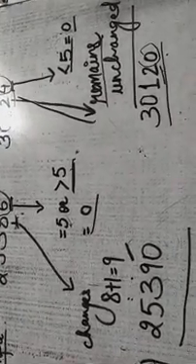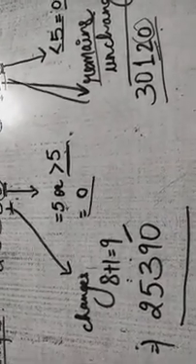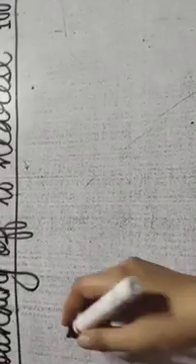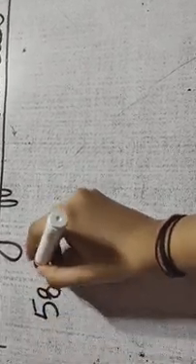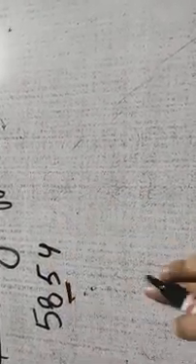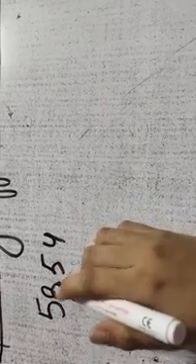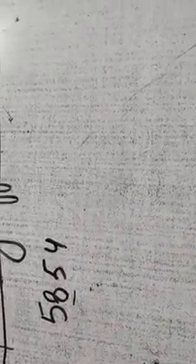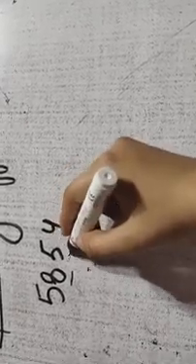Okay, now we'll move on to rounding off to nearest hundreds. Okay, so rounding off to nearest 100, we'll take one example. For example, we have 5854. We have to round off to nearest 100. So hundreds position is this. It is 8. Okay, this is hundreds position. So we'll see the tens position, this one.